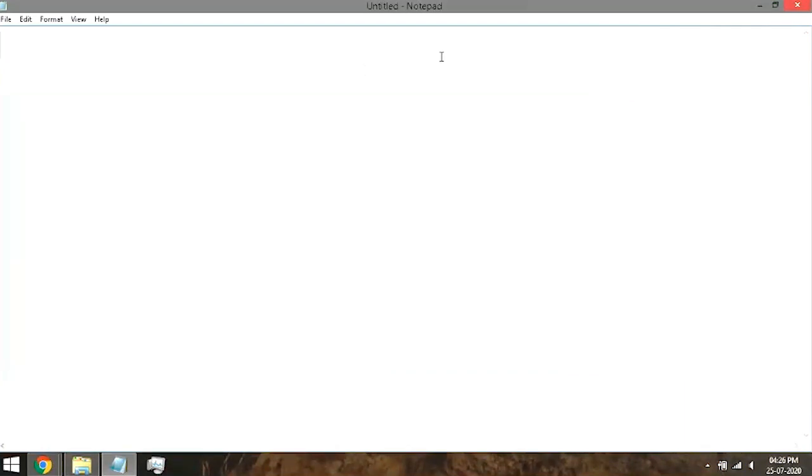Like I said, it is just as easy as creating a basic text file. Now I have opened a blank notepad file, and I can start creating my own website from here itself. So I will say HTML open, HTML close. This is the basic syntax of HTML. Most of the tags in HTML are written like this. This is basically a tag.